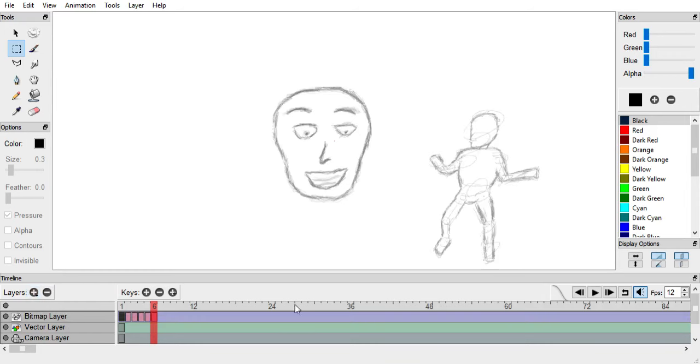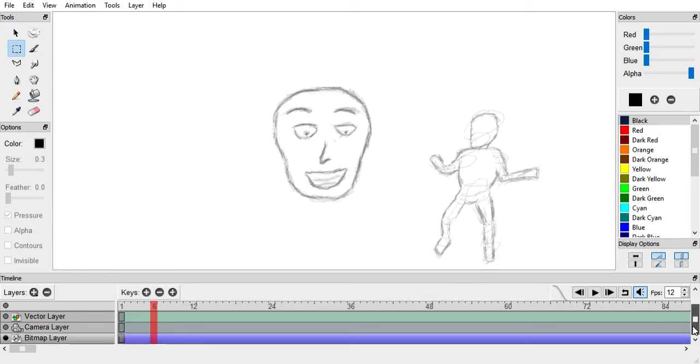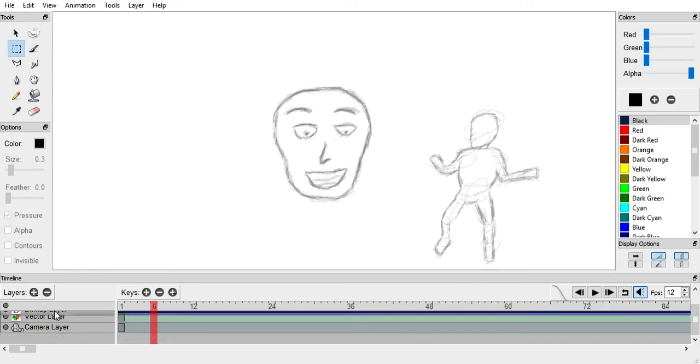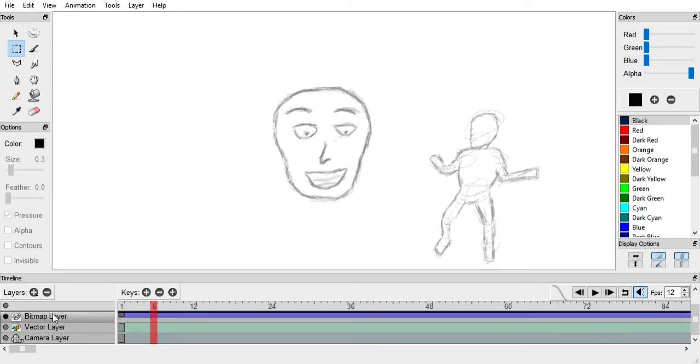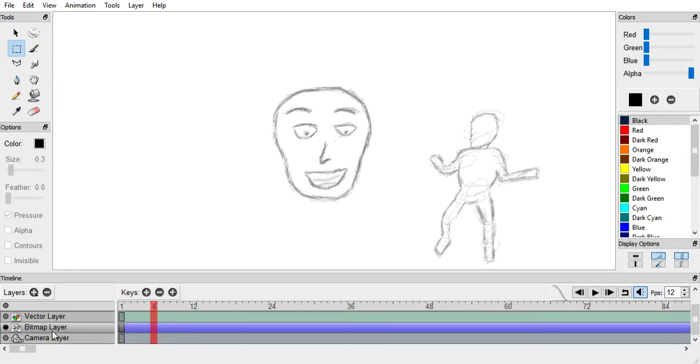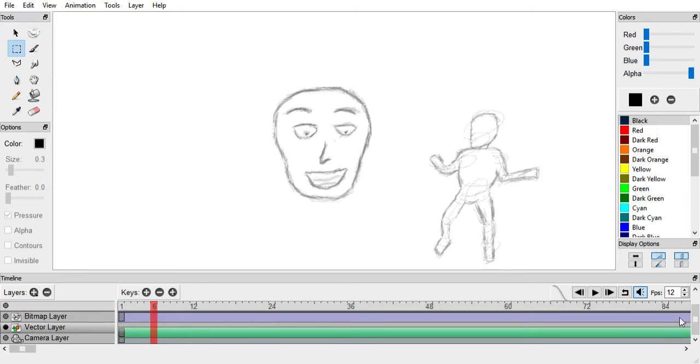Now, where's my bitmap layer? Oh, it's all the way at the bottom? Lame, I need to bring that up. Maybe I'll just bring the other one down. Where did my other one go now? Darn it.